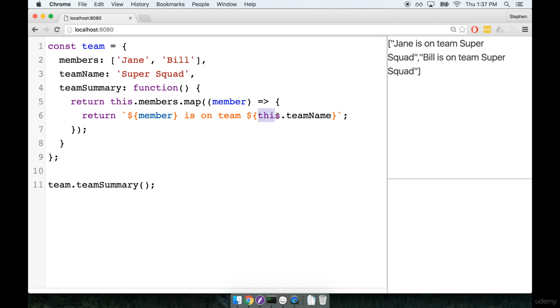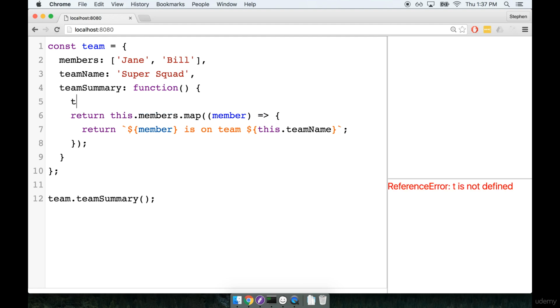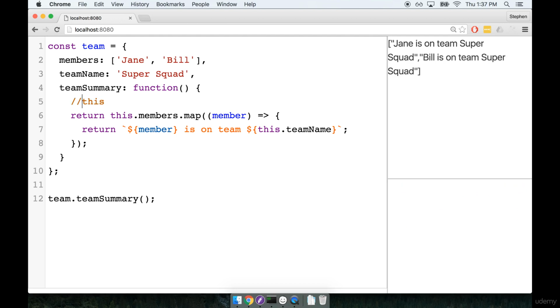So depending on where we are placing the word this, it will change when we're using a fat arrow function. When we use a fat arrow function and make reference to this inside of it, this is automatically set equal to this in the surrounding context, which in this case is equal to our team. So team is this, and then once we're inside the fat arrow function, this is equal to team.